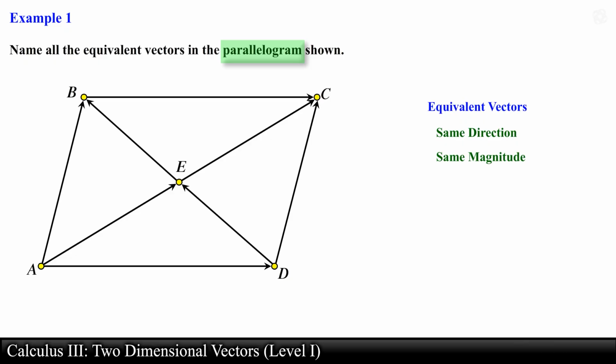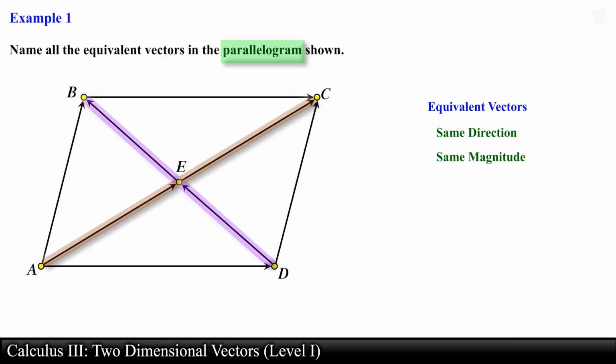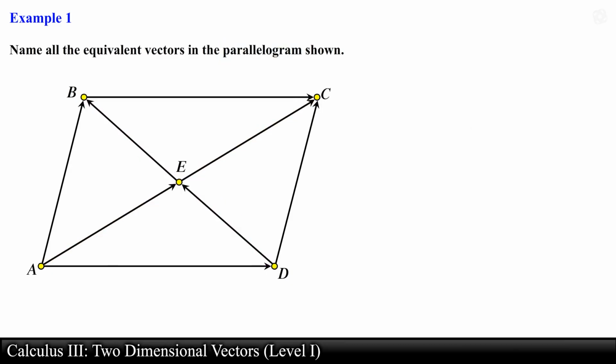Since we're told that this is a parallelogram, both pairs of opposite sides are congruent and parallel. Also, the diagonals of the parallelogram bisect each other. With this information at hand, we can start naming all the equivalent vectors. Recall that vectors are direction sensitive, so we need to denote the initial point or tail first, followed by the head